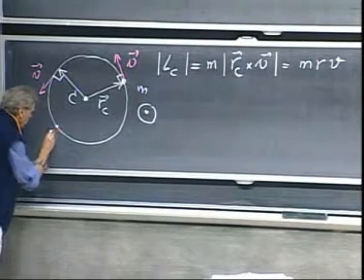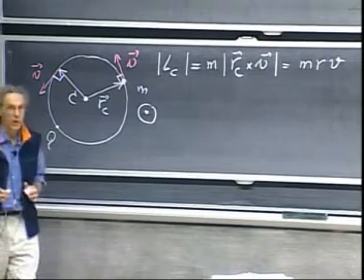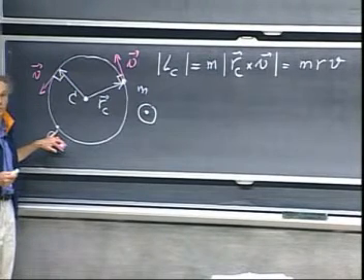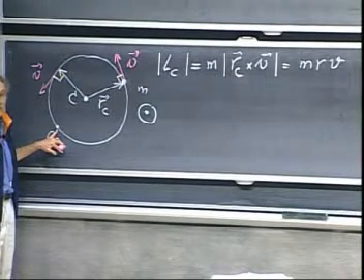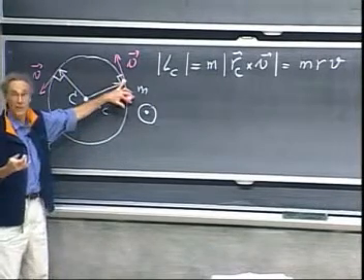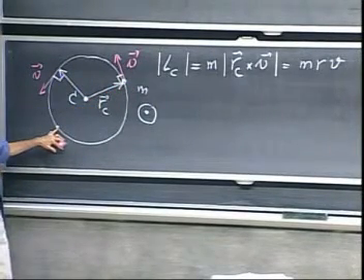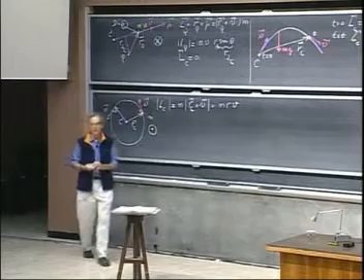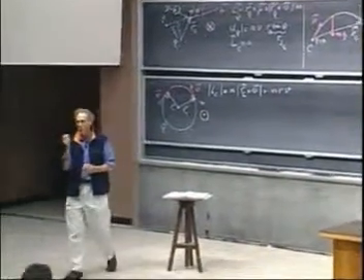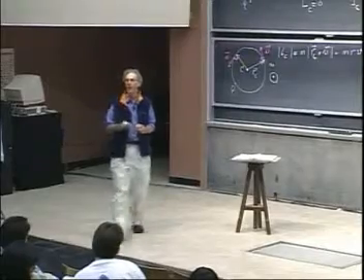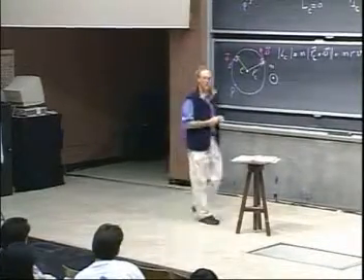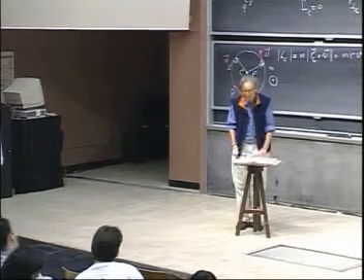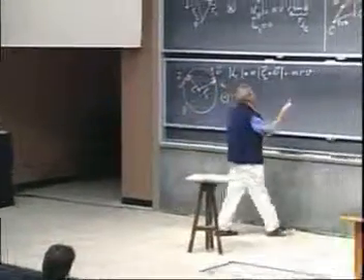Suppose I had chosen point Q. Is angular momentum changing relative to point Q? You better believe it. There is a time that the object will go through point Q. Well, then the angular momentum is clearly 0 because the position vector is 0. If the object is here and you take the angular momentum relative to point Q, for sure the angular momentum is not 0. You have a position vector and you have a velocity. So only relative to point C, it's a very special case now, is angular momentum not changing. So angular momentum is conserved in this special case, but only about point C. And I want to address that